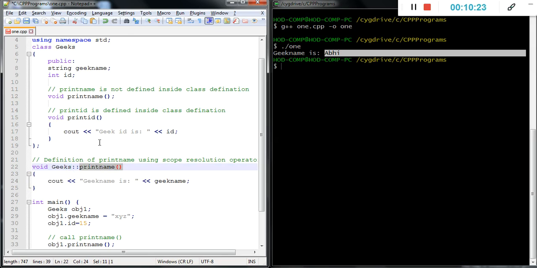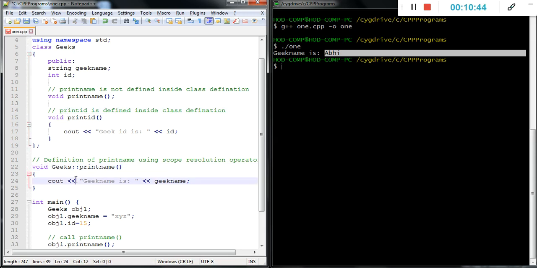When you want to define the body of a function outside the class, you use this syntax: the class name, scope resolution and function name. Then you can define the member function body outside the class.